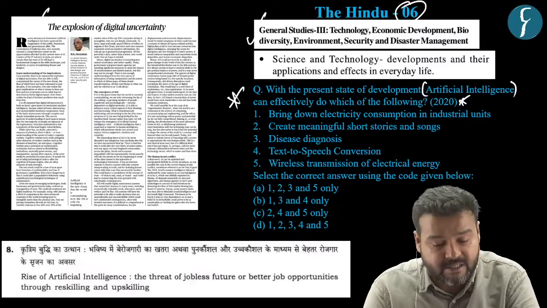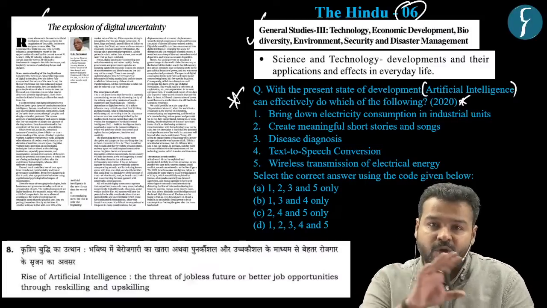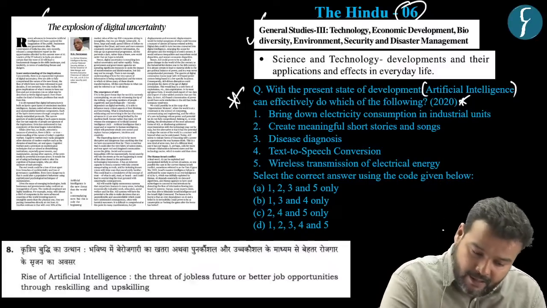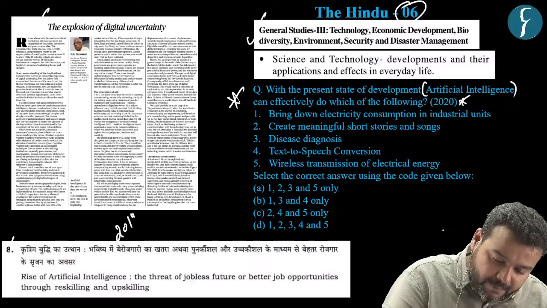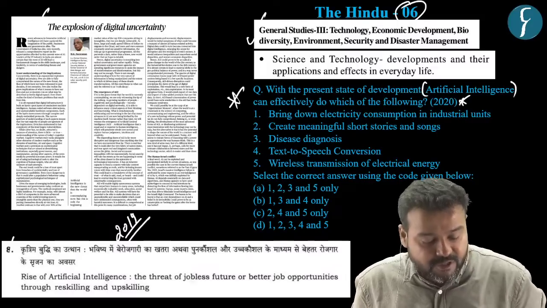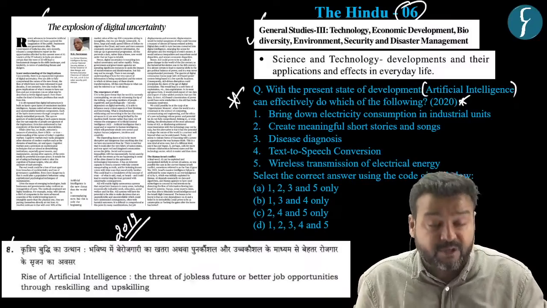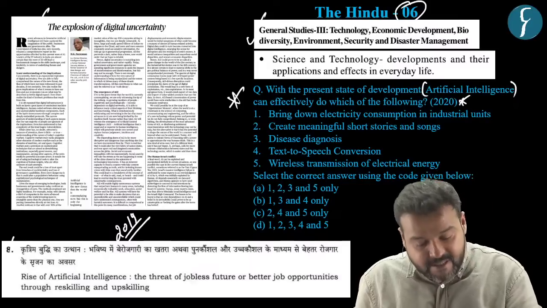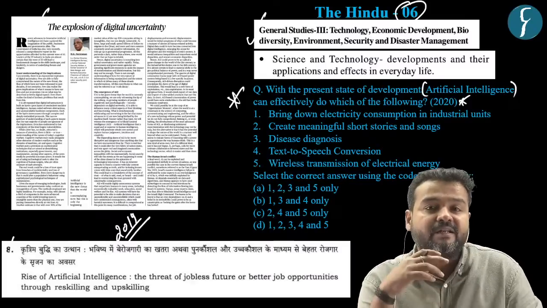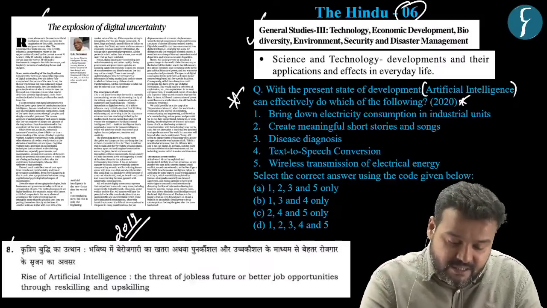Further, this particular topic is important from the perspective of ethics also, because the moral aspect of uses of AI can be asked any day in your ethics paper. And if you refer to the essay paper of 2019, there was a topic which featured: rise of artificial intelligence, the threat of jobless future or better job opportunities through reskilling and upskilling. Now, this may seem a monochromatic topic related to the job sphere, but there are various dimensions to it. And the base of such discussion